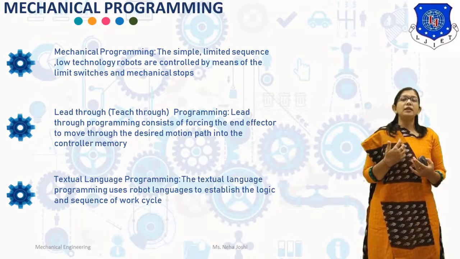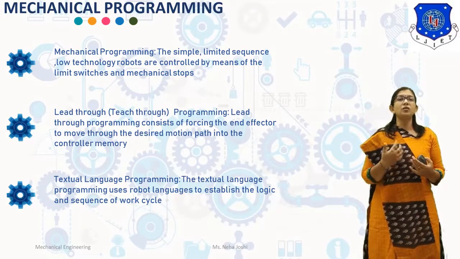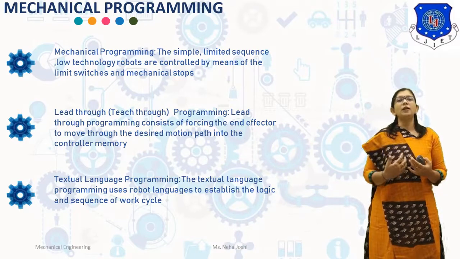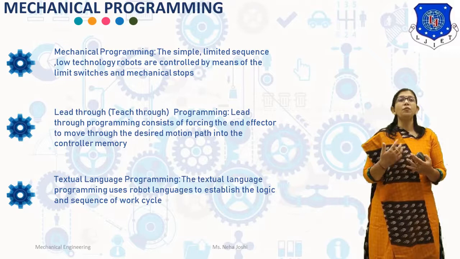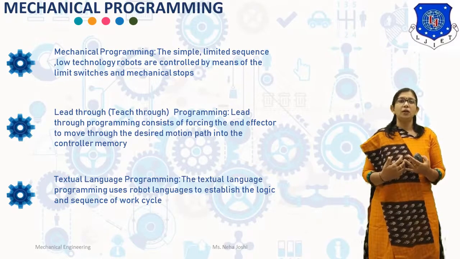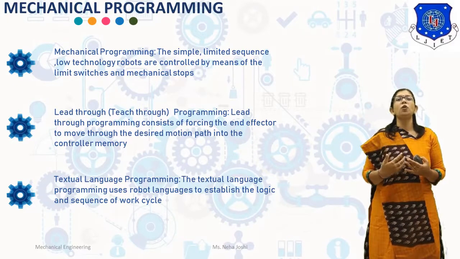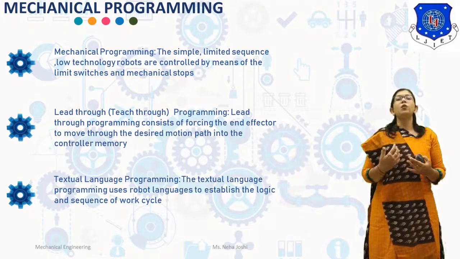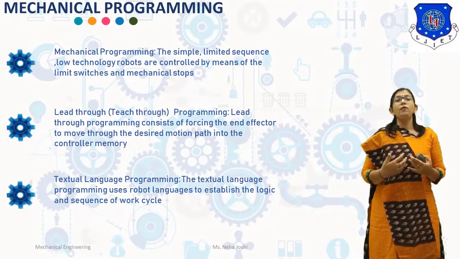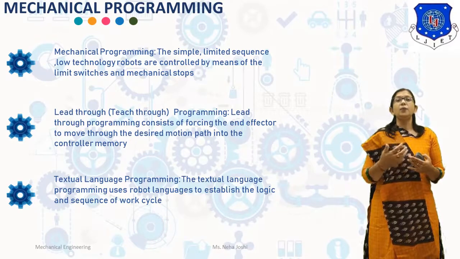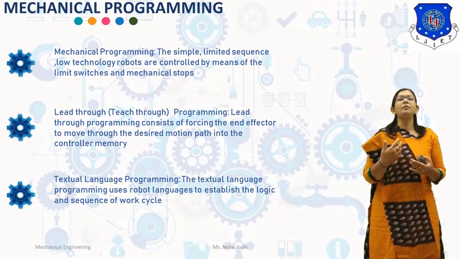Now, the last language is the future generation language or world modeling language. The future generation or world modeling language can program the robot without the use of a teach pendant. The robot possesses a three-dimensional geometric model of its work envelope by which it knows the desired points without using the teach pendant. The points of the motion path are entered with the help of three-dimensional coordinates, and the programming can be completed offline without interrupting the work of the robot.